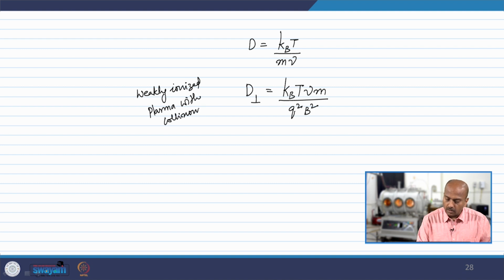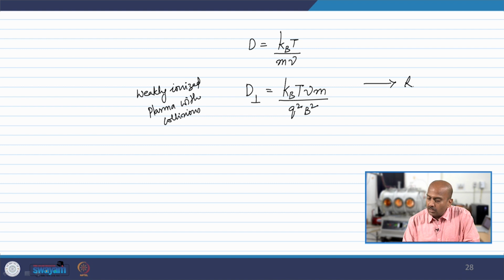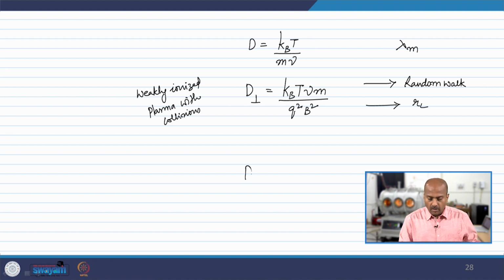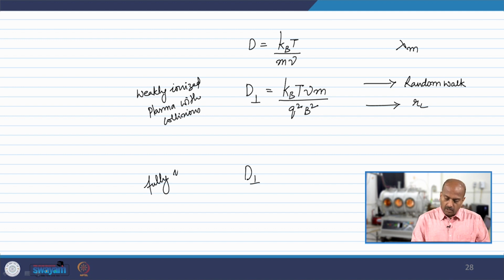The major significance or the major understanding that came out from this is about the random walk process. Okay. So, here the random walk step length is lambda m, and in this situation the random walk step length is the radius of gyration. For a fully ionized plasma,